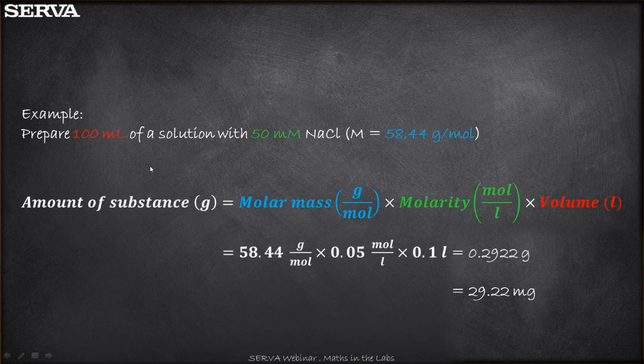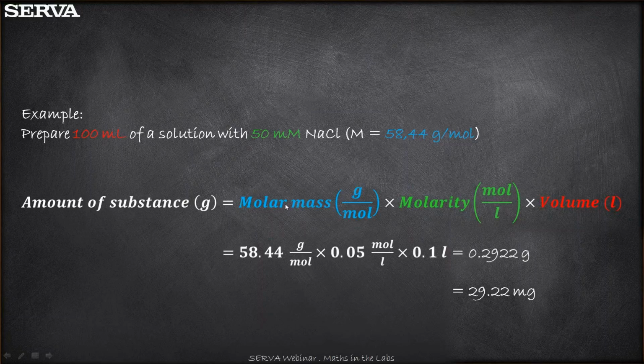So what you do, you just multiply the molar mass with the desired molarity and the desired volume. My tip is to convert the units beforehand, before putting them into the formula. I write down here the correct units. So for example, here you have nothing to change, gram per mole, you just enter